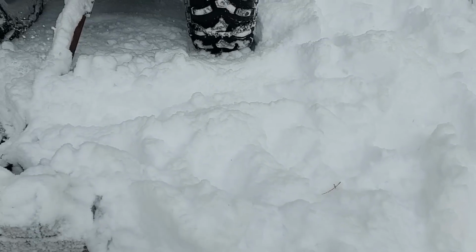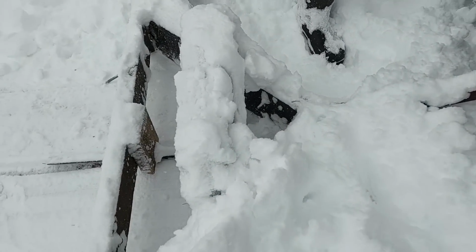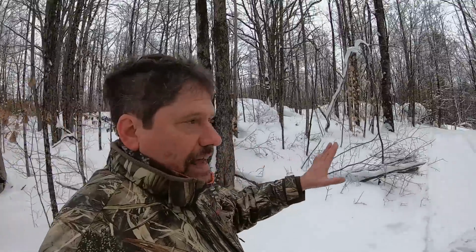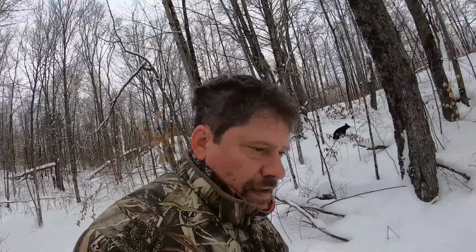Still won't help you if the snow is deep enough to bottom out your ATV, because you can only pull it. In his case, he might be able to push a plow because his trail is nice and flat, but for me, it's too rocky, too stumpy. I mean, the snow would have to be pretty high for that to actually work. Anyway,